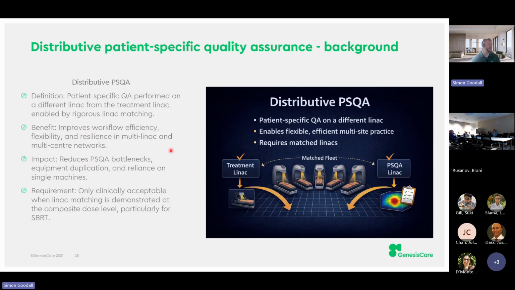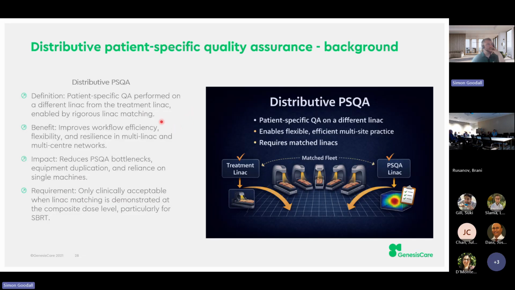But we know when we get to this level of complication, small linac calibration issues can cause quite big dose differences in delivery. What we wanted to know is if we could use different machines to treat the patient. So if we could have different fractions across different machines, and if we did that, do we need to measure the plan on every single machine, or can the measurement on one machine be representative of the dose delivered on another? And it provides us a lot of benefits.